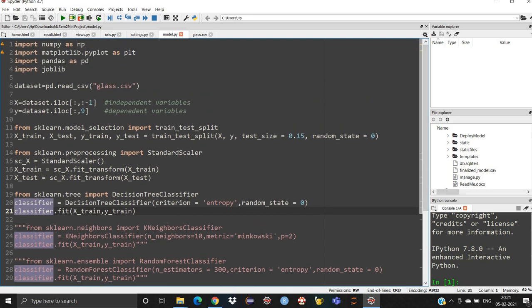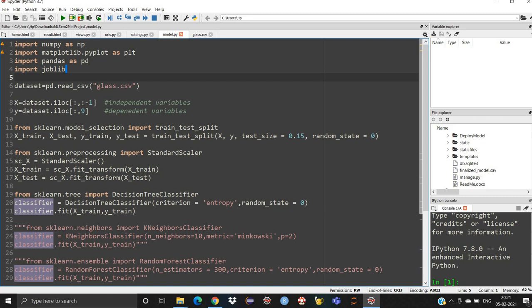I have to import these kinds of libraries. I'm not going into much detail about these libraries. If you know ML well, you can just understand this. I'm not going into much detail on algorithms or anything, because my aim is just to help you run your full stack Django project. So I'm concentrating mainly on the Django part. You need to import all the necessary libraries.